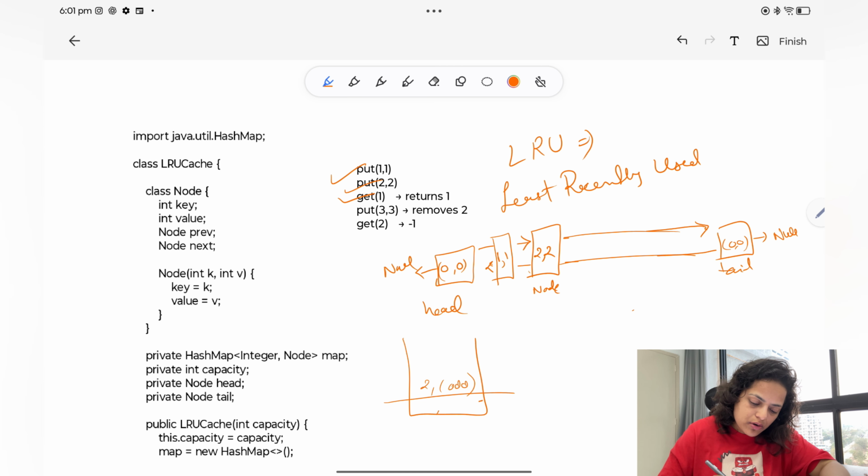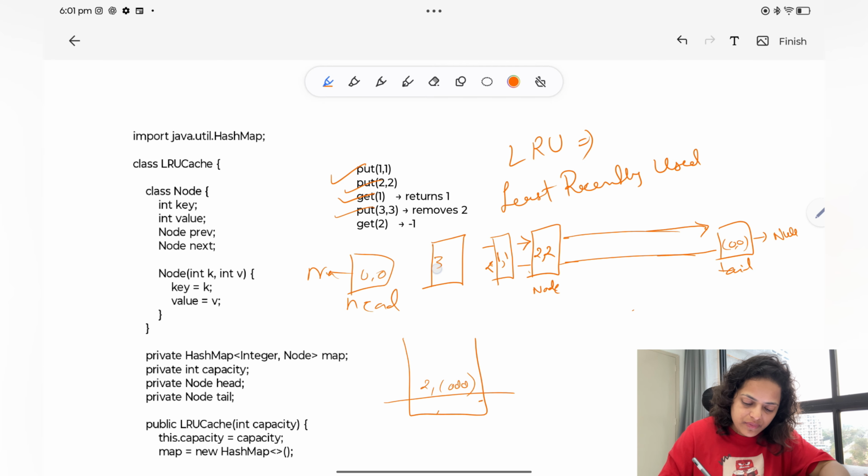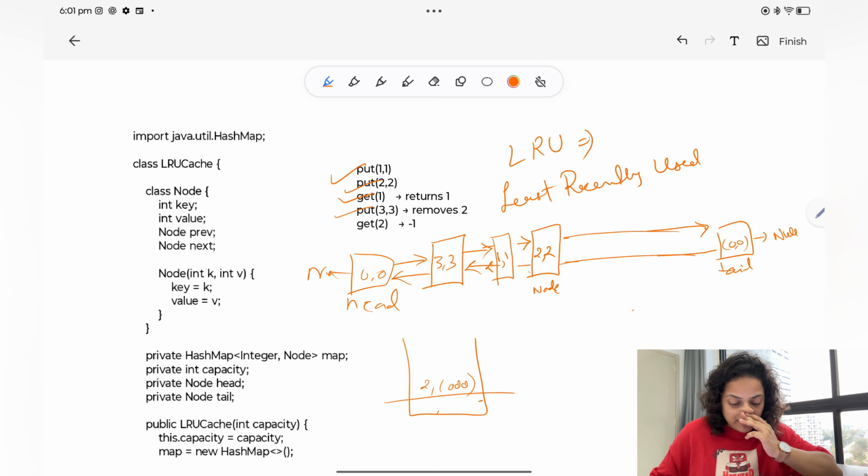Now someone asks me to put 3 comma 3. It means that again I have to put it near the head only. Let me change the head here. Let's say this is head, which is pointing to 0 comma 0, and this is null. Now I will create one node here, 3 comma 3, and put it after head. We'll adjust the pointers. Now someone asked me get 2. So get 2 means